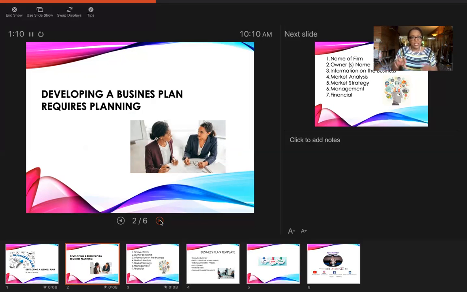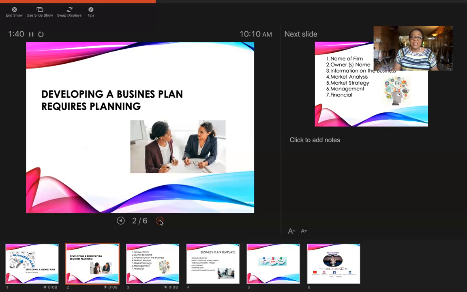So if you would just write some of these things down. Developing a business plan requires planning, and in planning, it's something that you can review every 90 days. So every 90 days, it's like Q1, Q2, Q3, and Q4. You definitely want to focus on what's happening, what works, and what might you need to change.